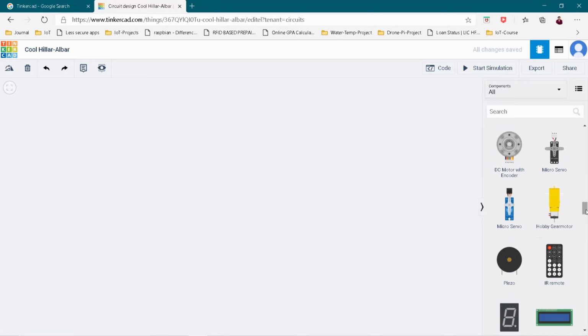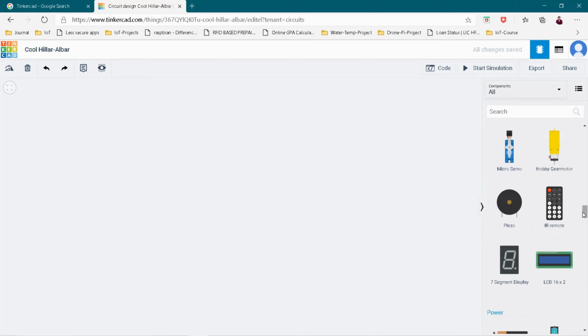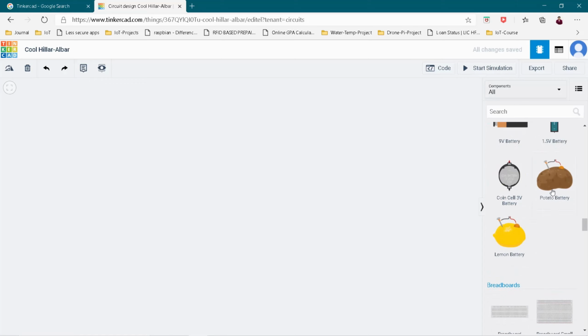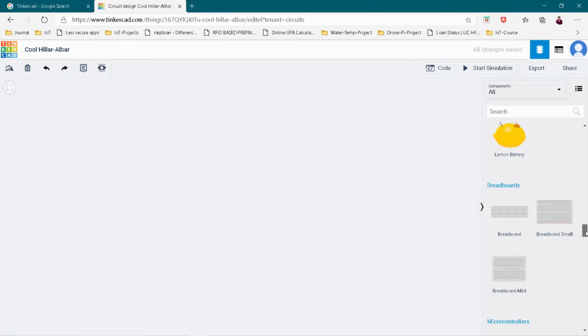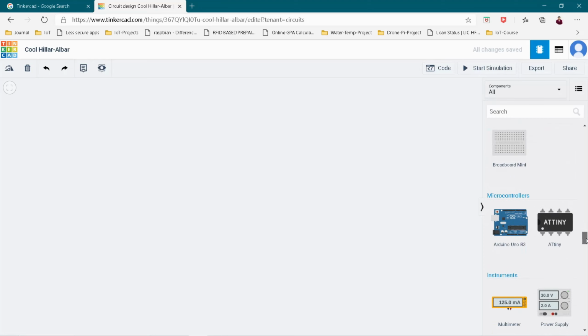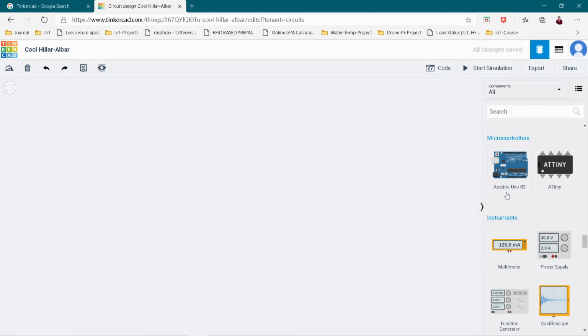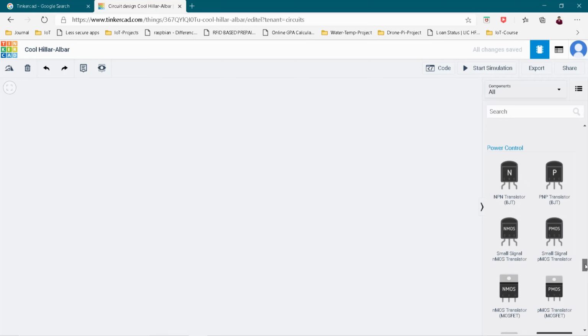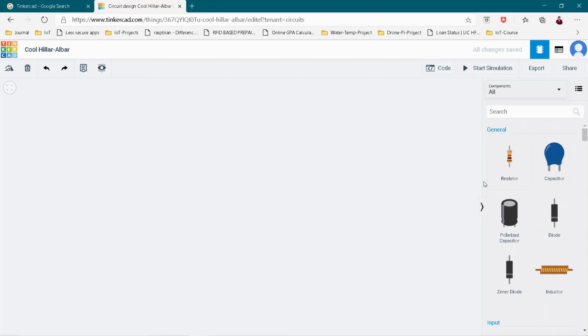And here you can see servo motors, IR remote, LCD and batteries, and see here, potato battery and lemon battery, which we can easily use, and breadboards here. And this is most important, here we have an Arduino Uno board and ATtiny board, and you can explore it later. So now here I am going to create a simple demo of how we can work with this, and in upcoming videos you will get more about all the devices.